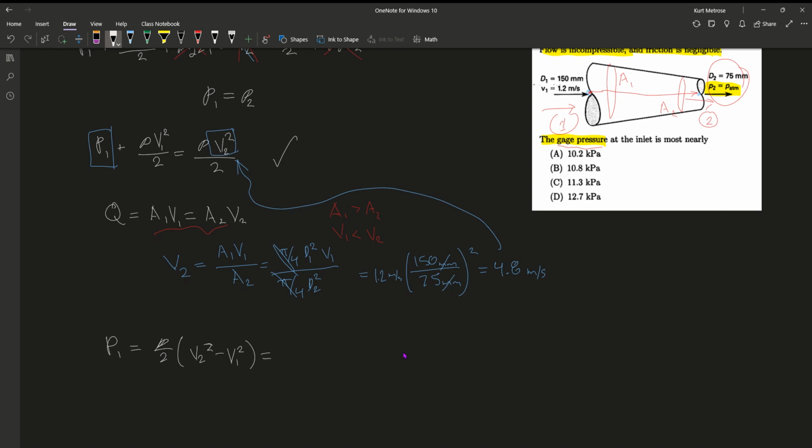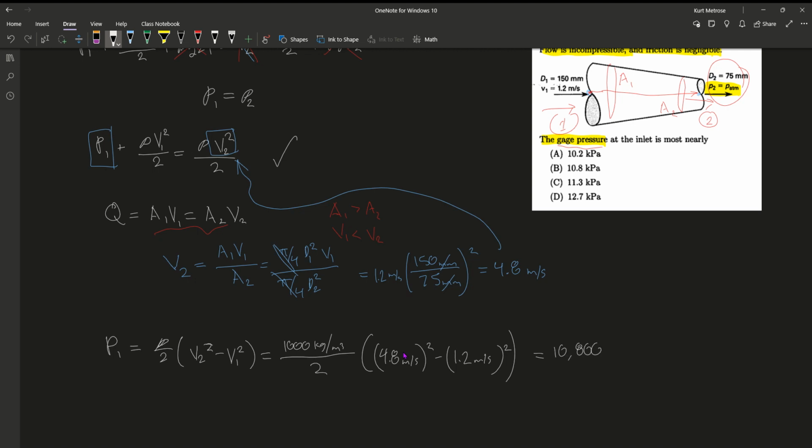And rho is 1,000 kilograms a meter cubed. That's the density of water. That's a very standard approximation. It's like 998 something, but just write 1,000. It's quick math here. V2 we found to be 4.8 meters a second, and then V1 was given to us as 1.2 meters a second. If we put this in our calculator, we get